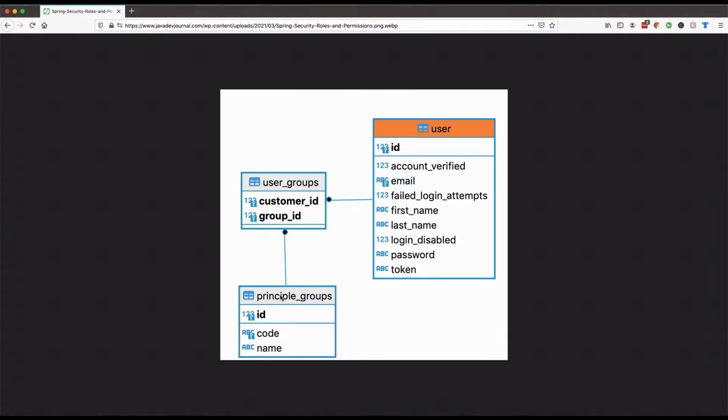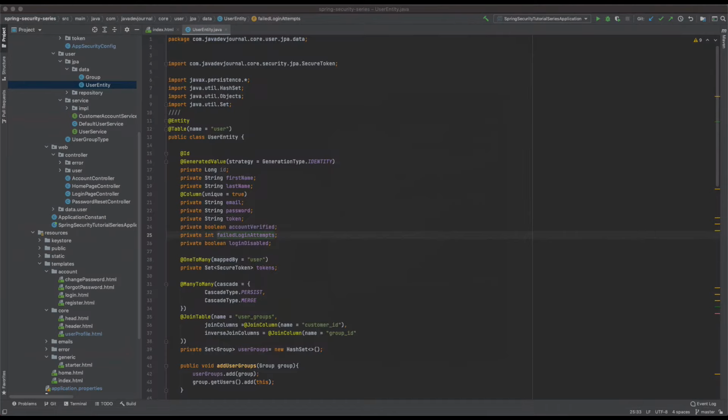So our user group and user will have a many to many relation. That means a user can have multiple groups. A user can be an employee and a user can be an admin, right? So that's the model we are going to take. How we are going to assign those groups is entirely up to your logic, but we will be briefly talking about that in this section.